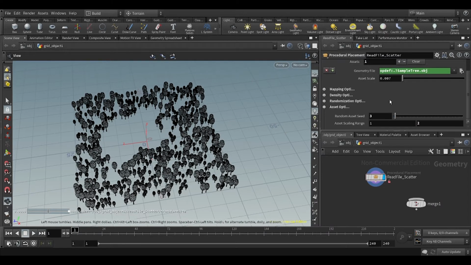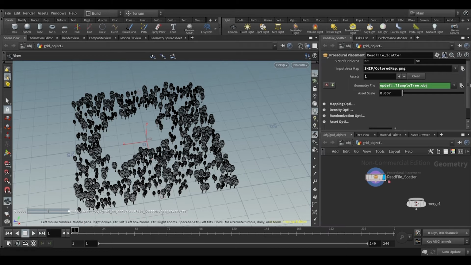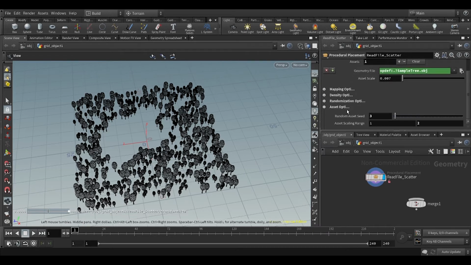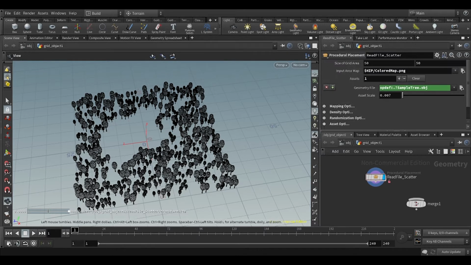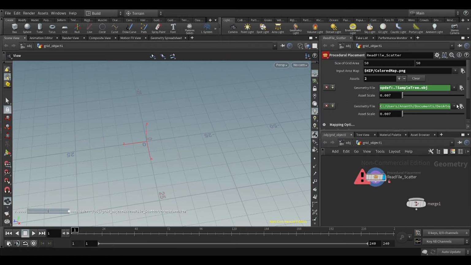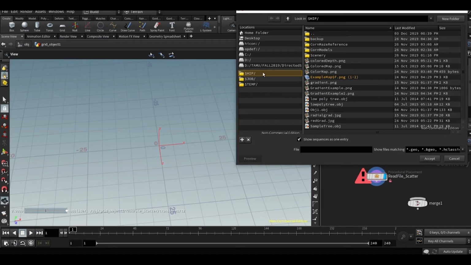The next advanced option that we are going to look into is the asset options. You can have any number of assets being mapped into the same area, and these asset options can be used to affect those assets. So I'm going to add a new object, like a different object. So I'm gonna hit this plus sign, and it will make a different geometry file, and I'm gonna update a different model,